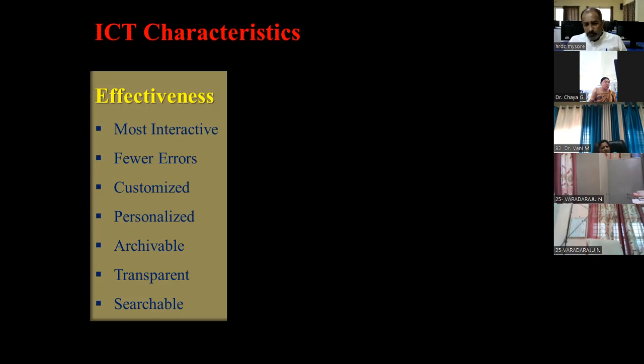For example, let us assume that I have downloaded one audio lecture and I want to listen to it, or I have downloaded a video lecture and I want to watch it two or three times because I have to understand the content in depth. Then how can I do it? The very simple thing is I can store it in a storage media, and I can access it any number of times. You have already seen that, right?